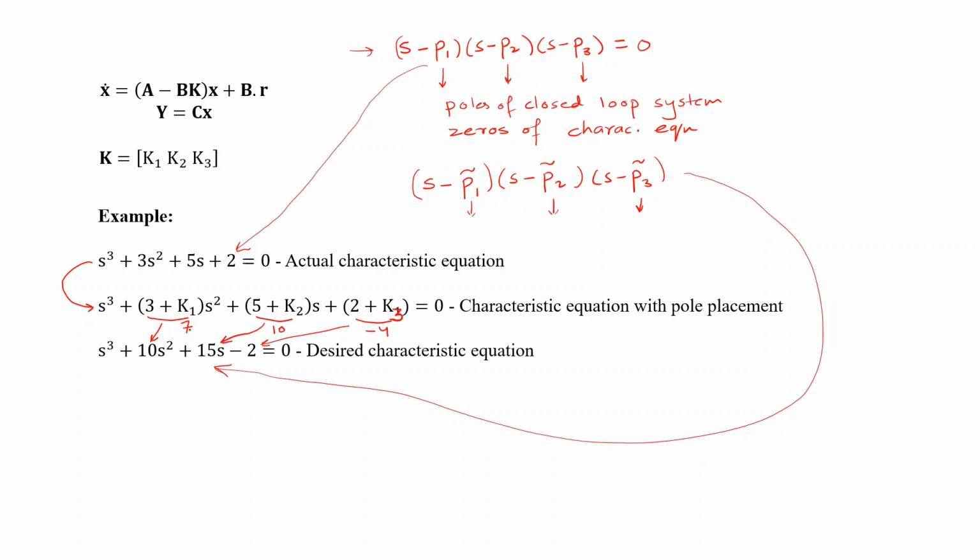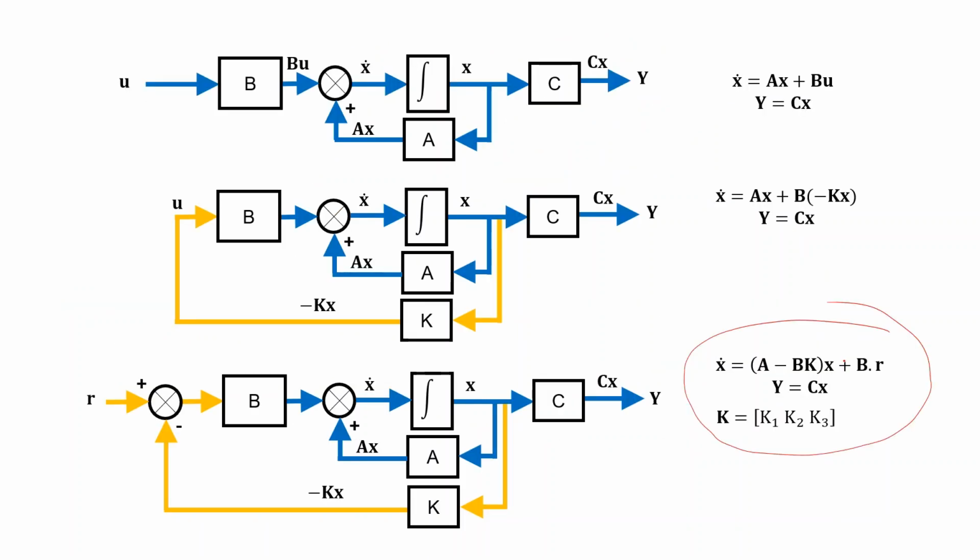Okay, so this we have analyzed earlier. We get a characteristic equation of our system, then we analyzed what K1, K2, K3 values should be so that we can get these characteristic equations. And when we find out the matrix K, which is K1, K2, K3, that is 7, 10 and minus 4 in our example, then we do this. We measure the state. This is our actual plant.